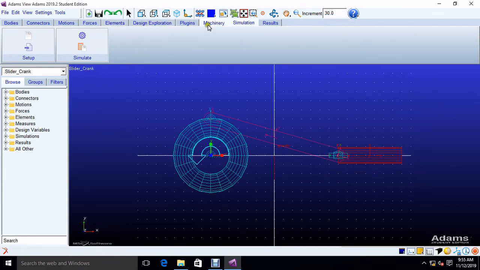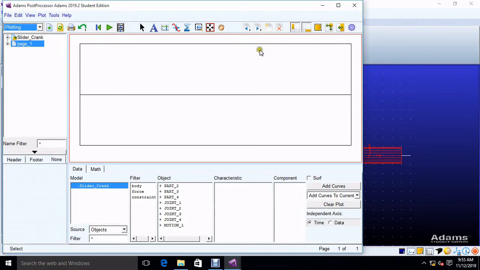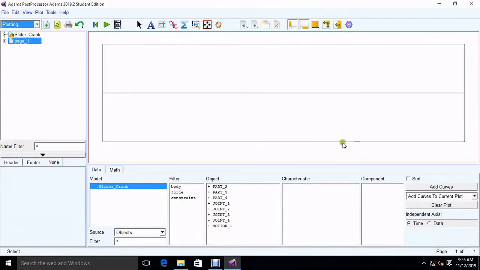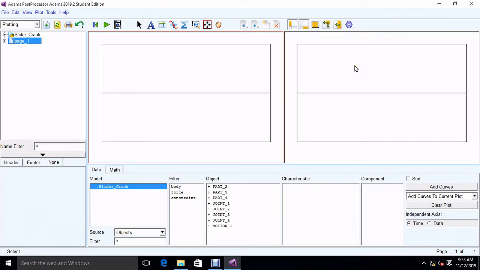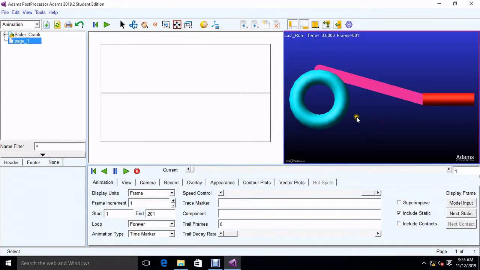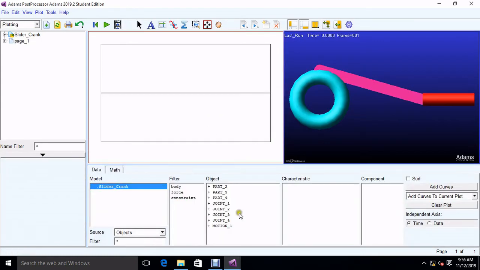Now we need to extract the results. We'll go to the post processor, and as usual I'll split this display into two parts. In one I'm going to add curves, and in another I'm going to load the animation simultaneously. Okay, here I'll right click and load the animation, and here I'll left click and select